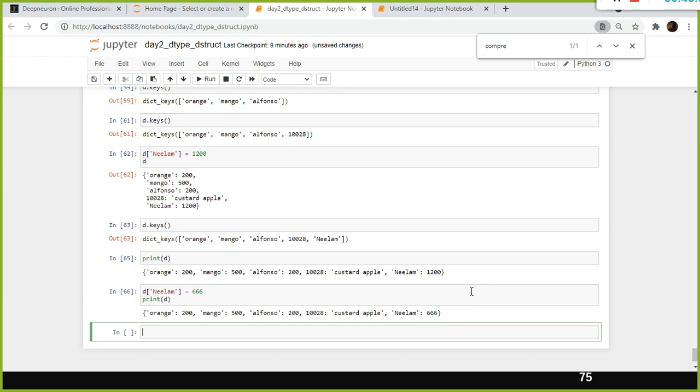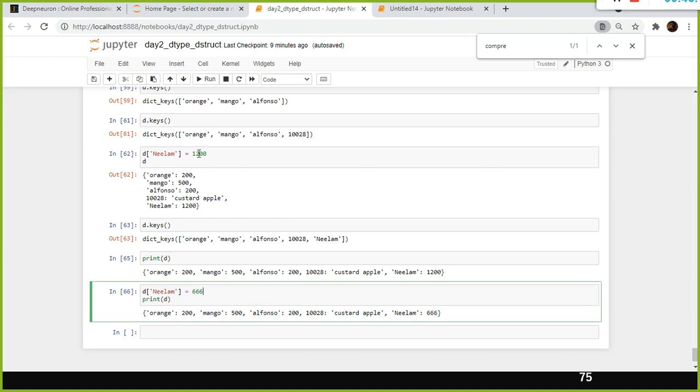But what a dictionary does is, if you add an existing key one more time, it will override the value of the existing key only. First, before inserting the key Neelam into the dictionary, it will go and check whether this key is already present. Yes, it is already there. Then why should I put Neelam one more time? So since the key is already there, it will overwrite the previous value with the new value. That is what happened here.